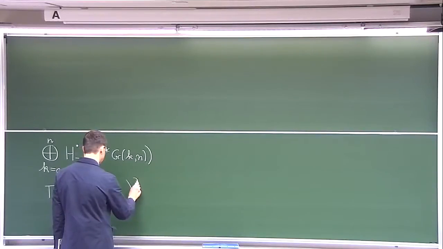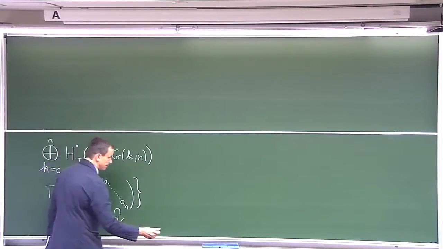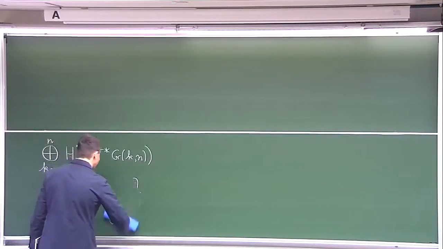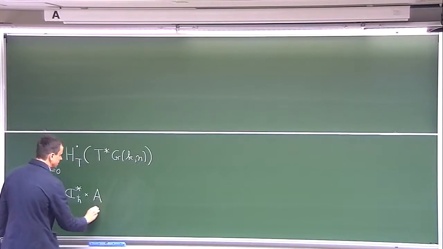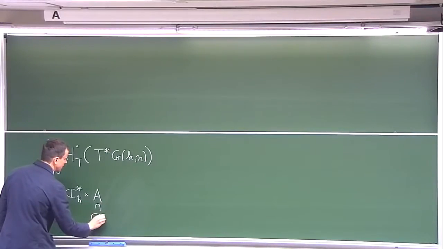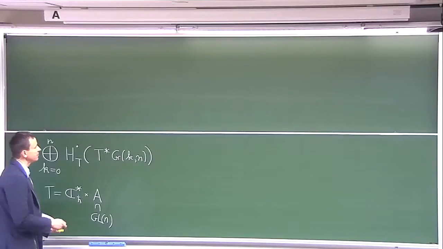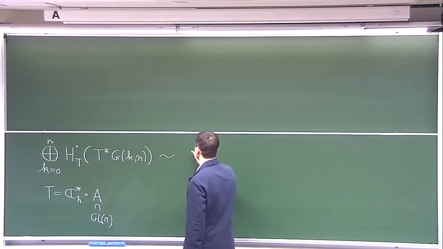So this is the maximal torus in GL_n. Maybe I'll write just A. So this is in GL_n, the maximal torus. So there should be some relation between this and